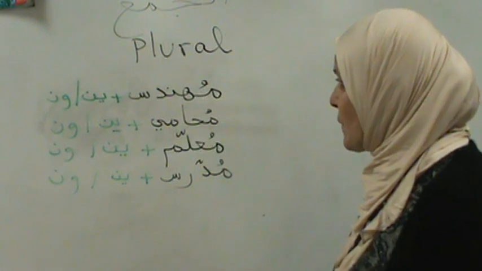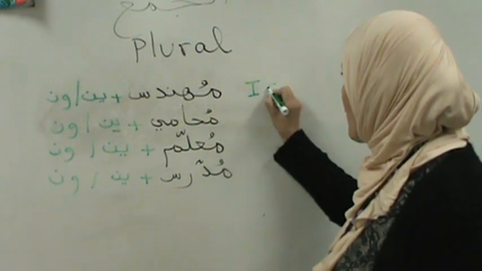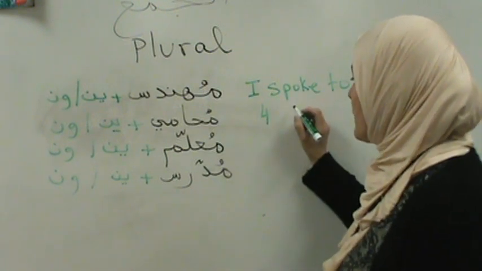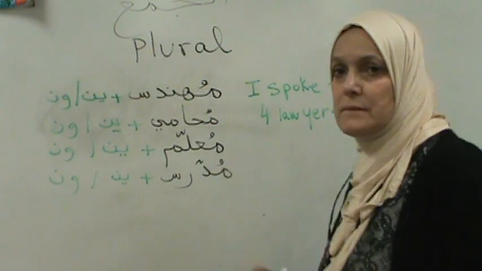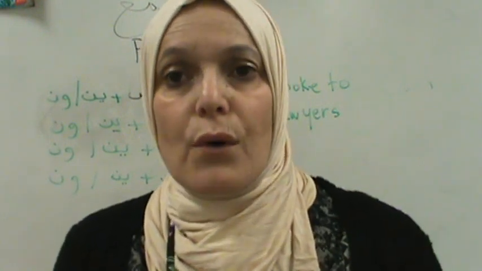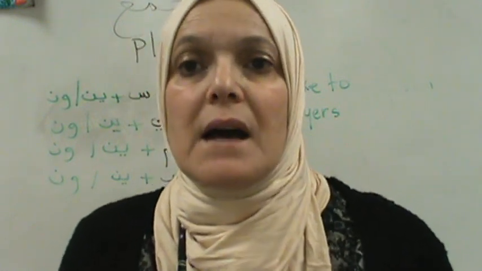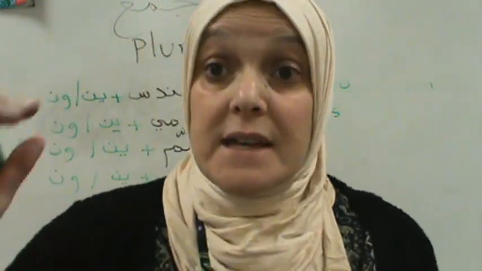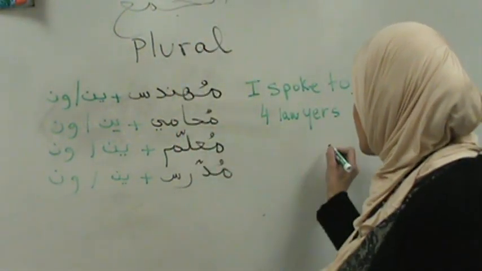It's just an example. So I spoke to 4 lawyers. Because remember, we are between 3 to 10. If you spoke to 12 lawyers, not lawyers in the singular, I spoke to like 14 lawyers, because I exceeded, I'm above 10. So you can say تكلمت